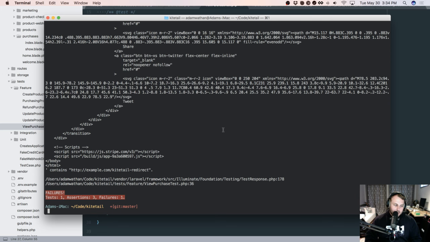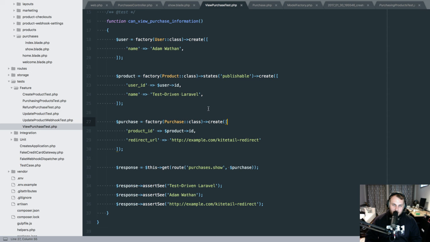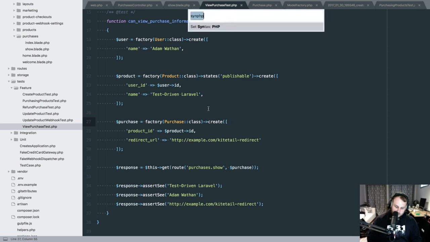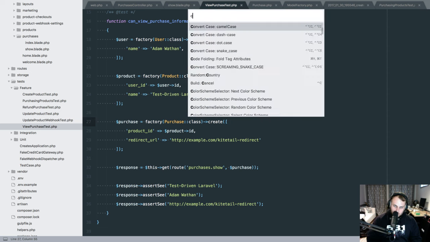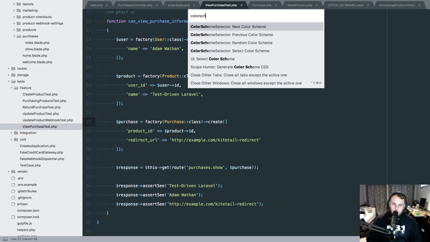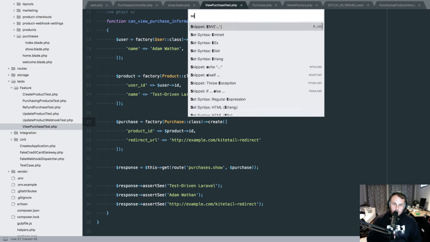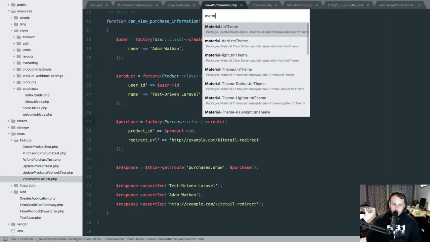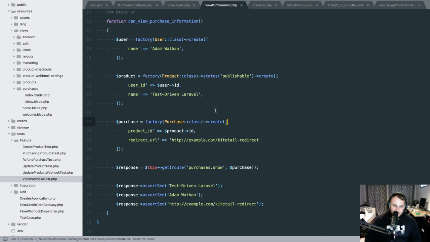The theme that I'm using is the material theme, but it's slightly different. I'll see if I can find the color scheme. Select color scheme. So if you look, here's the regular material theme, which is very similar to mine, but